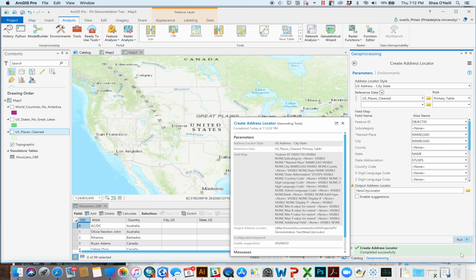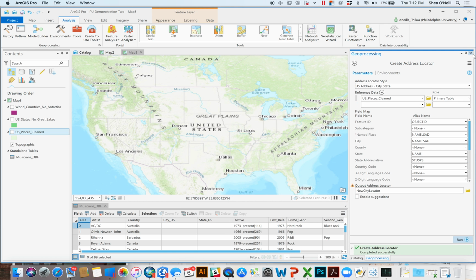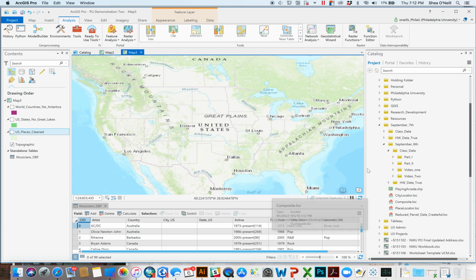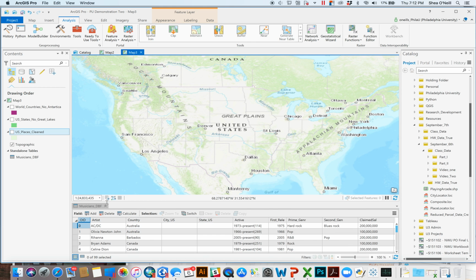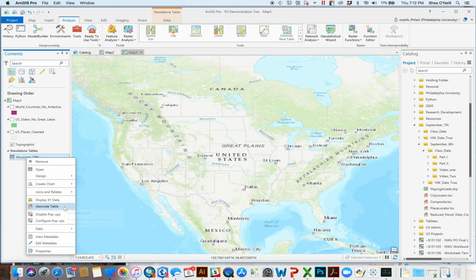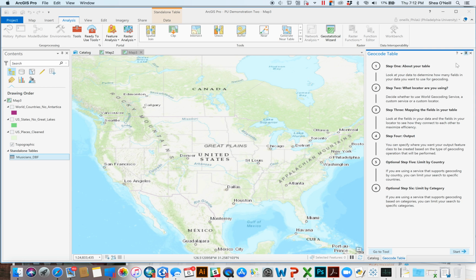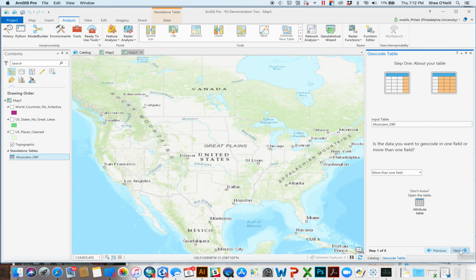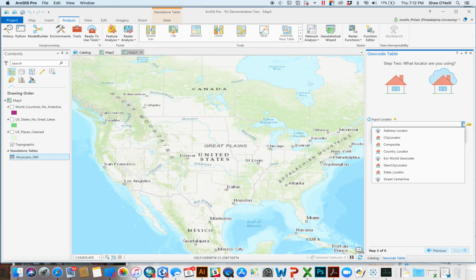Cool. All right, so we've got our address locator created. I can get rid of it. It sort of isn't really a thing. It kind of exists behind the scenes. And I can know that because if I right-click my musicians table and go to geocode, a nice guided thing will start again. More than one field is where my information's in. And now I should have an option to pick that new city locator. Again, yours might look different than mine here because I have address locators created that you don't. But if I pick new city locator,